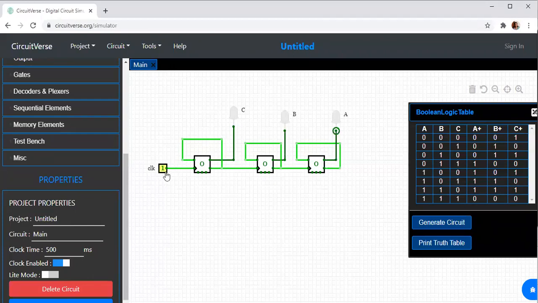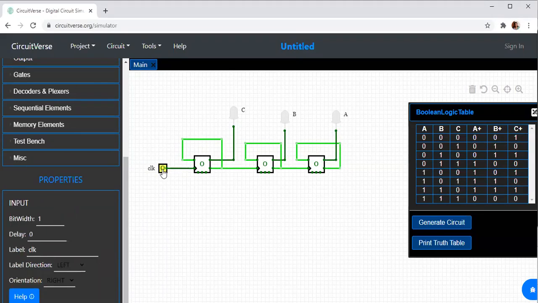Now let us give the inputs and see. Initially it is at 0, 0, 0. So in the first state, what is happening? 0, 0, 1. How did this 1 come? What was the previous value over here? Previous value was 0, right? Q was 0 initially. Now what happened to Q bar? Q bar is 1. This 1 is getting propagated over here. So I have a 1. The next state will be equal to 1 because the D flip-flop will pass the values.